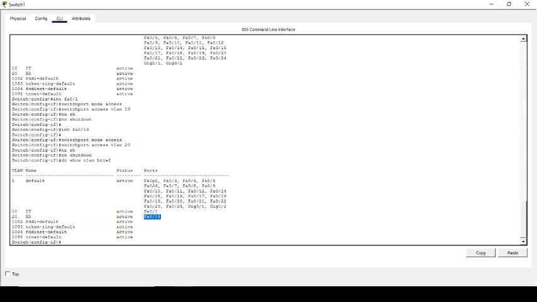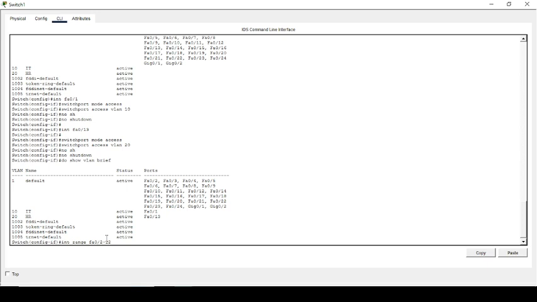If we're going to assign multiple ports, we just use the range command. Interface range fast Ethernet, we're going to assign 2 to 12.